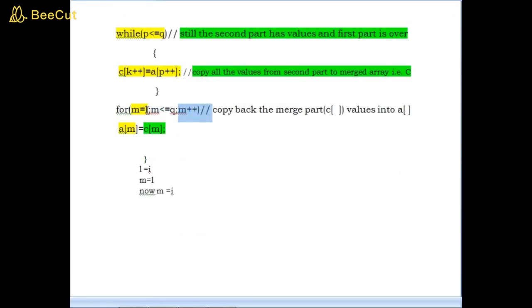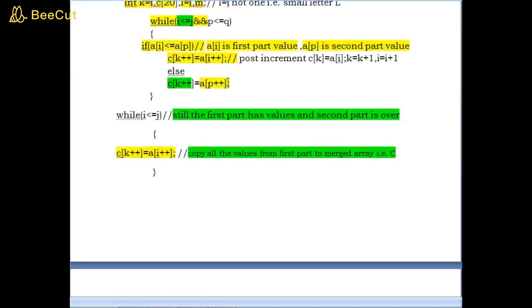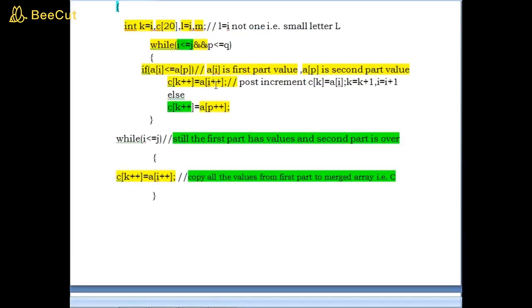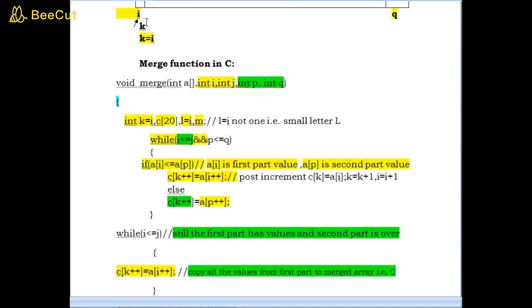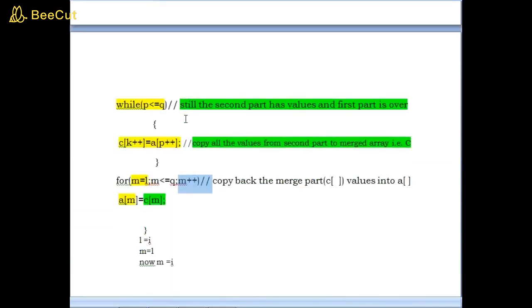Don't write m equal to I directly. Why? Because I is changing during the merge operation. I is incrementing, so you have to use the beginning value of I, which is stored in the variable called L. That's why I am using the L variable. M equal to L, m is less than or equal to Q, m plus plus.